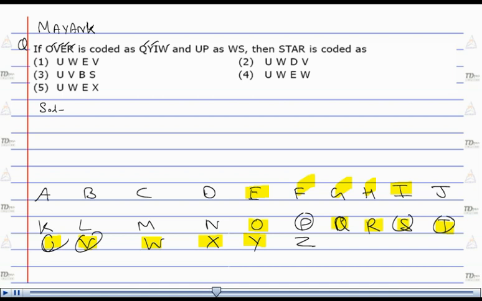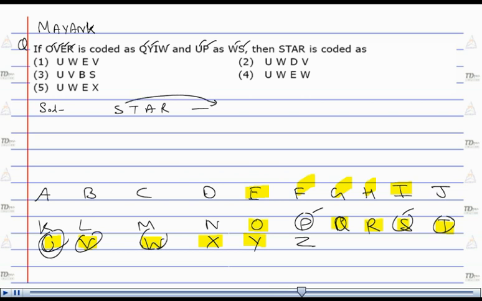Thus, from here you can get the logic, but still you can check for U. We have written W, we have left one letter in between them. For T, we have left two letters and we have written it as S. Thus, for S, T, A, R,